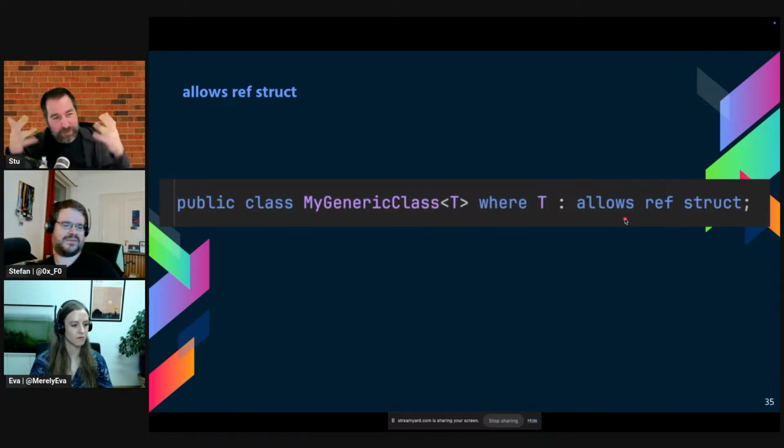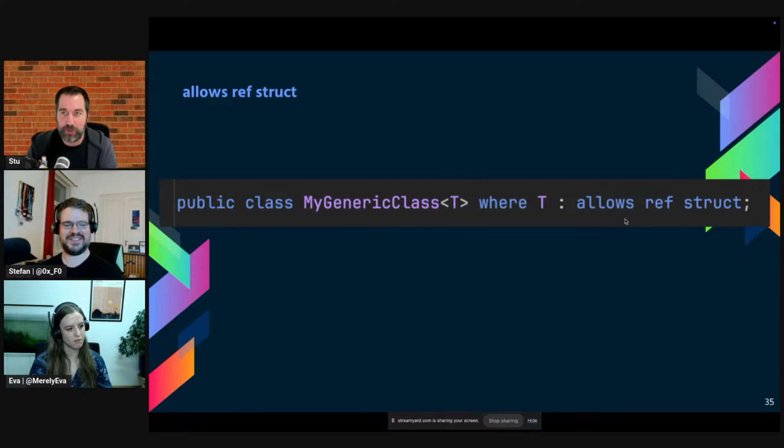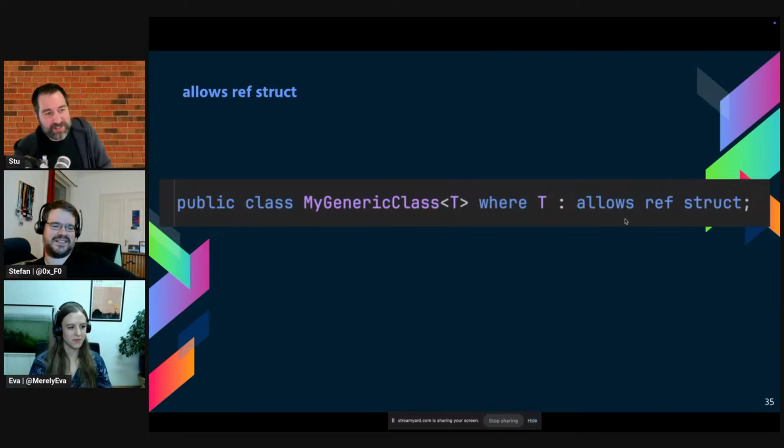So this sort of backwards thing where by widening it, you're actually narrowing what you can do with it. So that's why they couldn't just change the default. They couldn't just say all T's could be ref structs, because then all your code would break, because it would say, well, you can't do that with any T if a T was a ref struct. So yeah, and if you don't do much with ref structs, then you're just hearing this like, what are you talking about? But